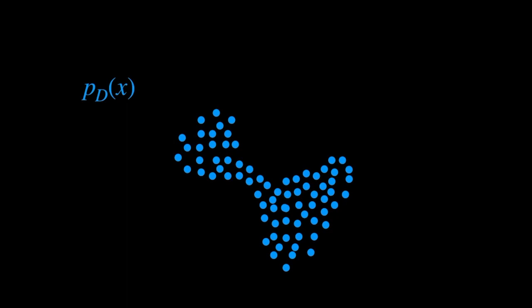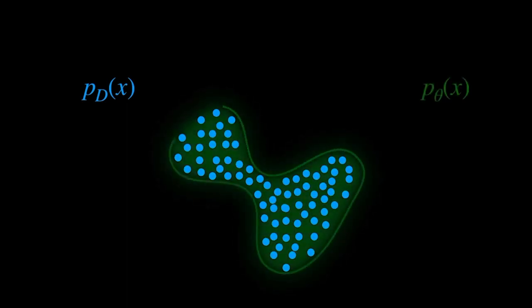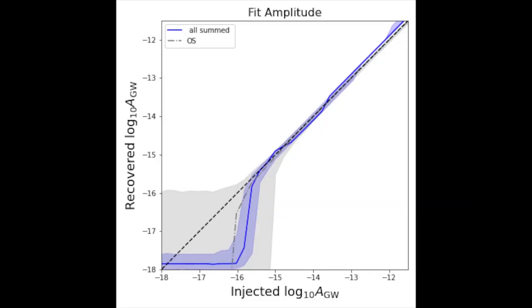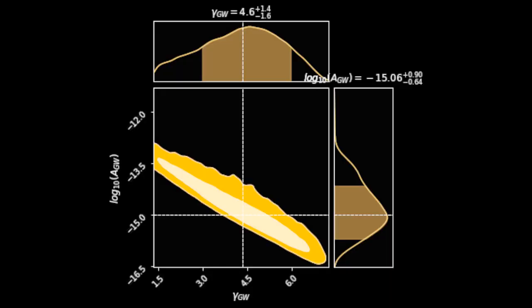For example, we can use this technique to answer the question, how likely is it, given the data, that the stochastic gravitational wave background has a particular strength or amplitude? We are currently able to analyze the 12.5-year PTA dataset very quickly, providing efficient, unbiased estimation of the gravitational wave background amplitude and other physical quantities across a large range of the parameter space.